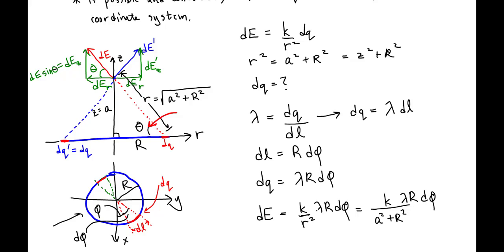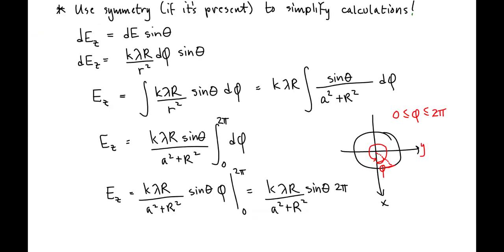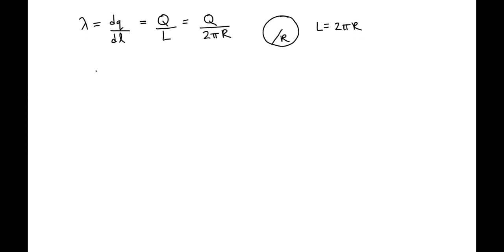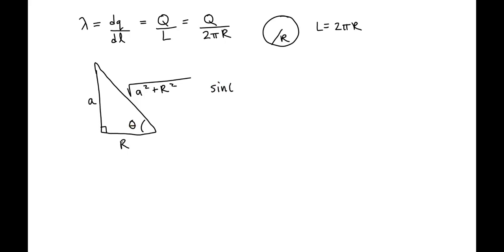We could use trigonometry to determine the sine of the angle. So in using trigonometry, I'm just going to draw my triangle that represents the bits of information we have. This leg is r, this leg is a, and the hypotenuse is the square root of a squared plus r squared. And this is the angle theta. So from trigonometry, we know the sine of the angle is equal to the opposite side divided by the hypotenuse.